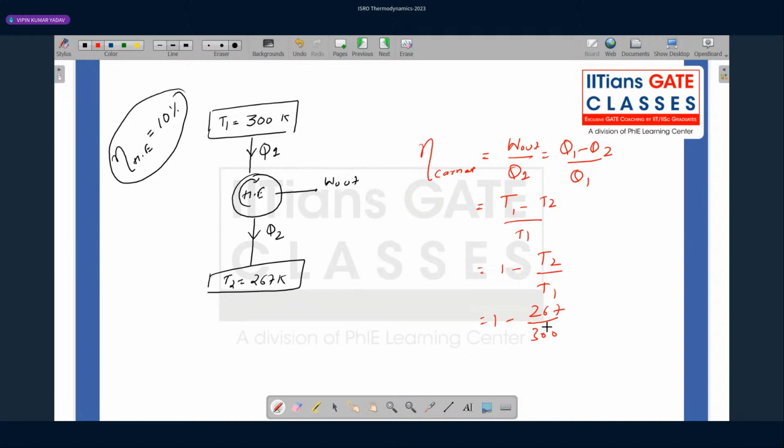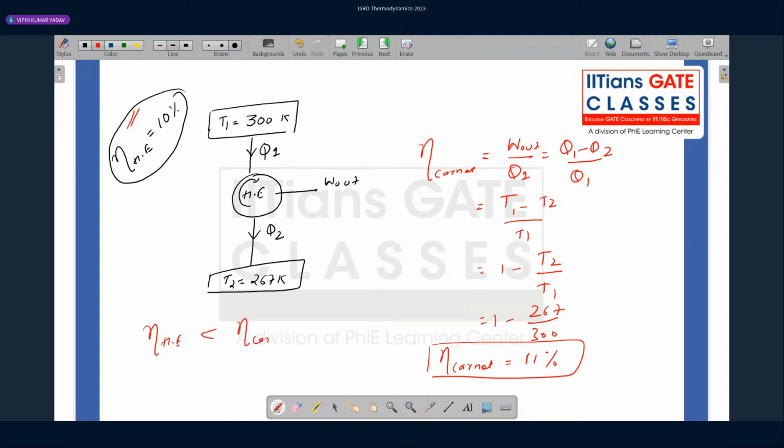So if you solve this, you will get the efficiency of Carnot, that is, the maximum efficiency that could be achieved, which is 11%. And because our scientist, our inventor, is saying that the efficiency of an actual heat engine is less